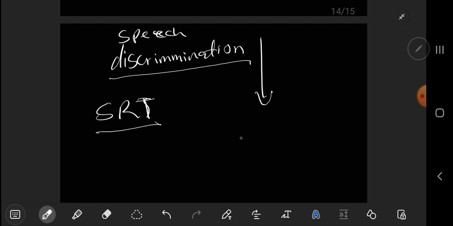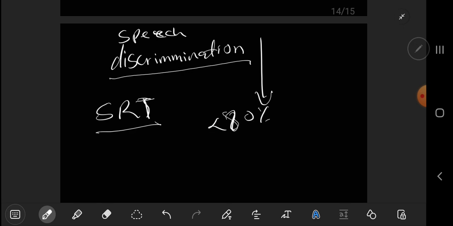So there is a test in the SRT. When you check the SRT, you check if there is speech discrimination, and what you see in acoustic schwannoma is a very high reduction in speech discrimination. Namely, you see a hearing loss, but its speech discrimination is very bad,